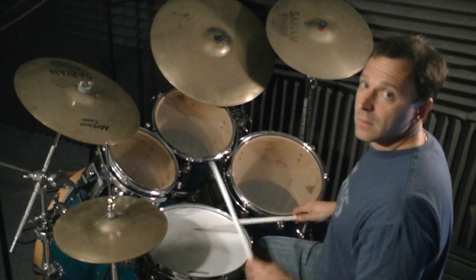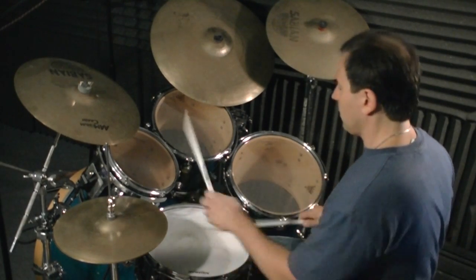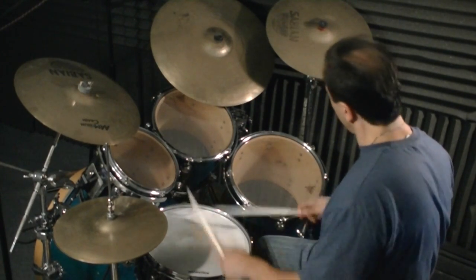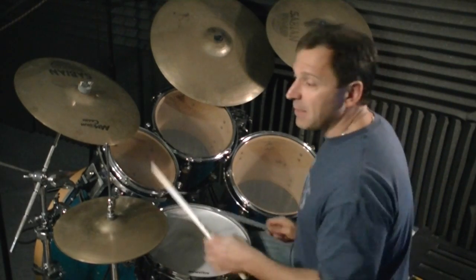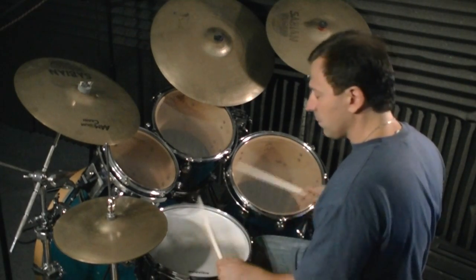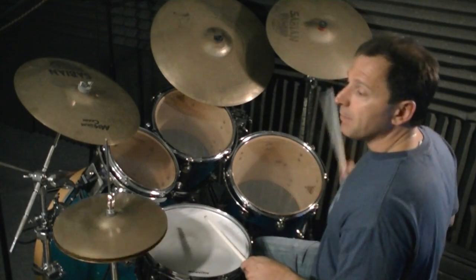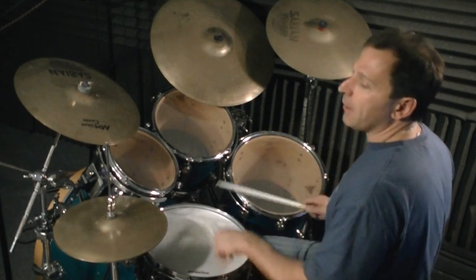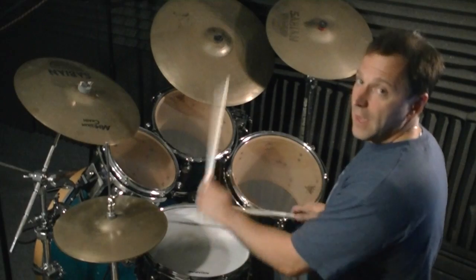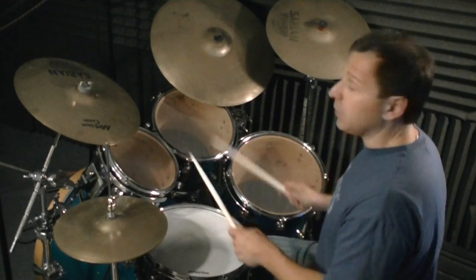Cool one. Okay, so apply that to the toms. It flows a little easier than the last example because there aren't as many notes. So again, it's paradiddle. If you were going to use the kick drum and the cymbals, it would be...